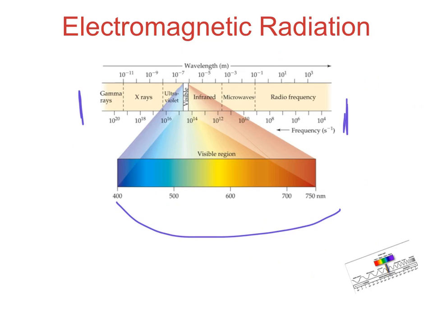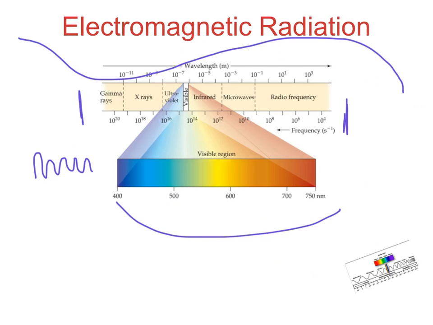And these radio waves are huge, lumbering waves. If you think about it, they're waves sent over by the radio, larger than football fields. Sometimes they can be as large as a meter or more, right? And then on the other side, we have gamma rays, which are very high frequency, very high energy, damaging rays, okay? And this little section right here is the visible section, the visible region,